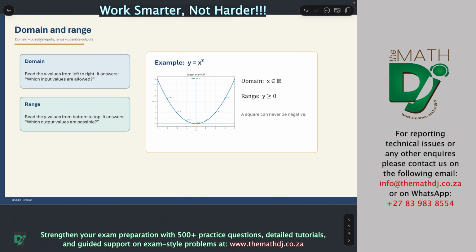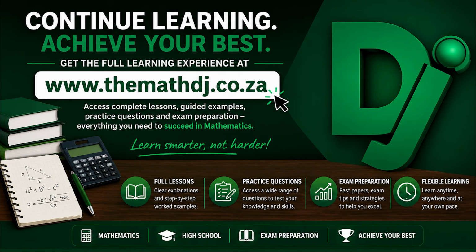Domain and range. Domain is the possible inputs, then range is the possible outputs. Domain reads the x values from left to right. It answers which inputs are allowed. Then range reads the y values from bottom to top. It answers which output values are possible. So in other words,